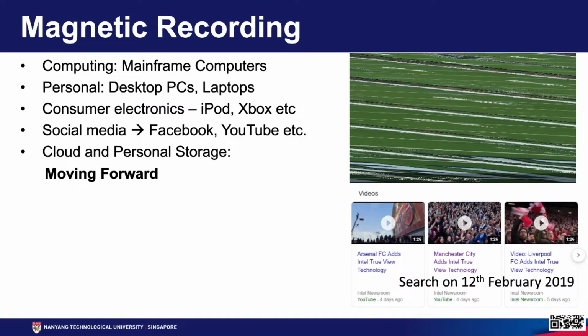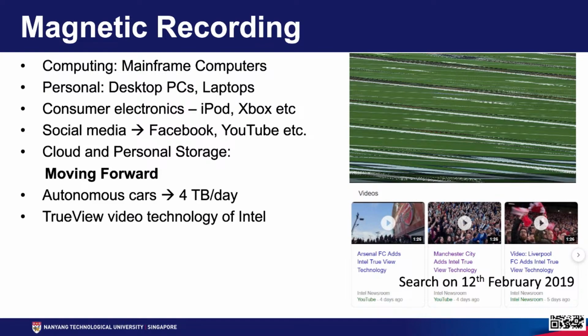Moving forward, where will we require hard disk drives? One application is autonomous cars. You know that Tesla can drive on its own, and there are many autonomous cars coming into the picture. They have lots of cameras and capture video, so all of these generate a lot of data. Roughly 4 terabytes of data is generated every day. All of this needs to be stored somewhere. So that is one application. And if you look at this video,